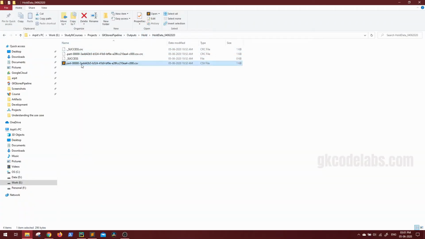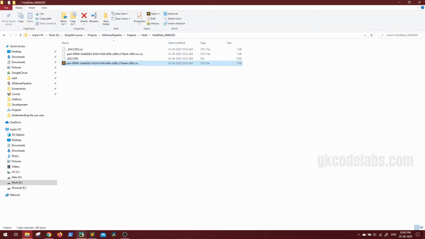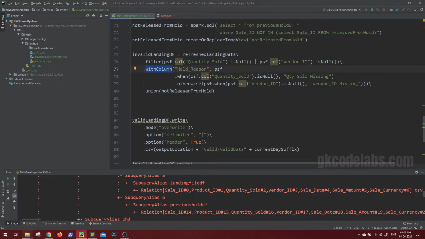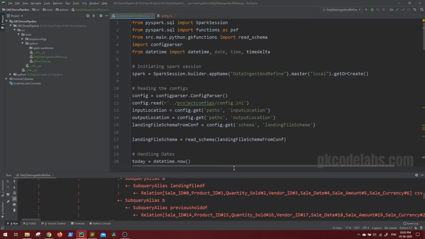Here you can see the 4th. This does not have any hold reason column. So let's see once we have changed the schema. It's a good point. Let's clear our output directories and make the run for both the days, so that we can see just by changing the dates whether we are able to process every day's data. Let me delete all the holds and all the valids. What we have is just the input paths. This is the 4th data, this is the 5th data, but we'll just read the 4th.